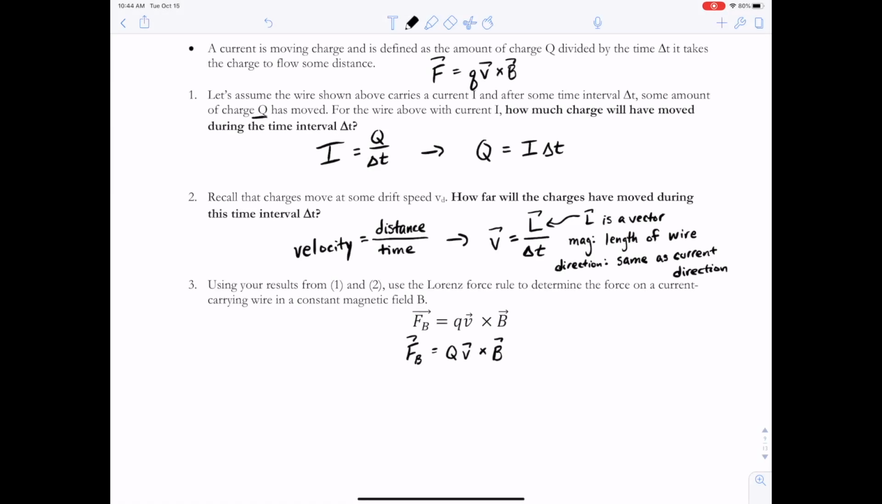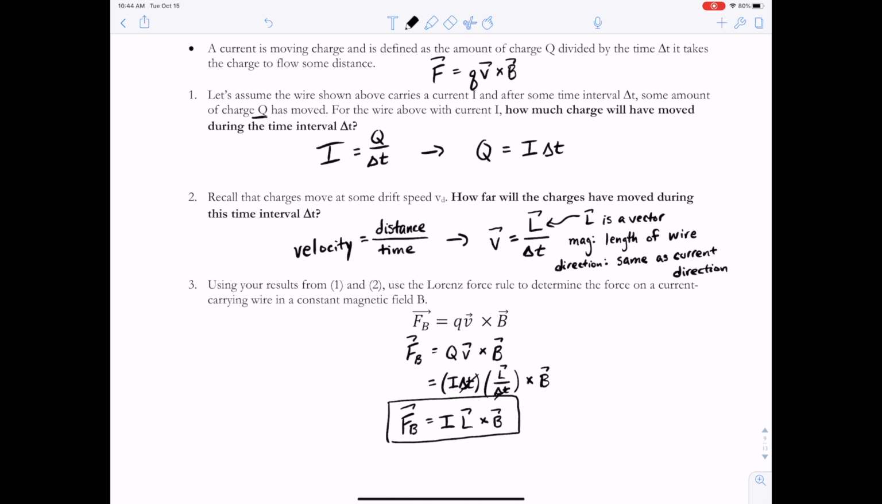Substituting in our expressions for Q and V, we find for Q, we have I delta t, and for V, we have L over delta t. We still have the cross B here. We see immediately that our delta t's will cancel, and what we're left with is that the magnetic force on a wire carrying a current I of length L placed in a magnetic field B is given by IL cross B. So we'll want to put a box around this equation